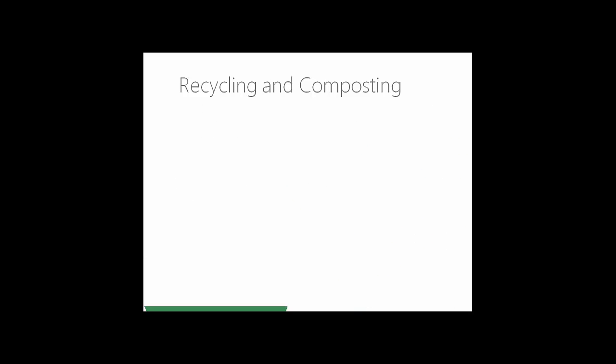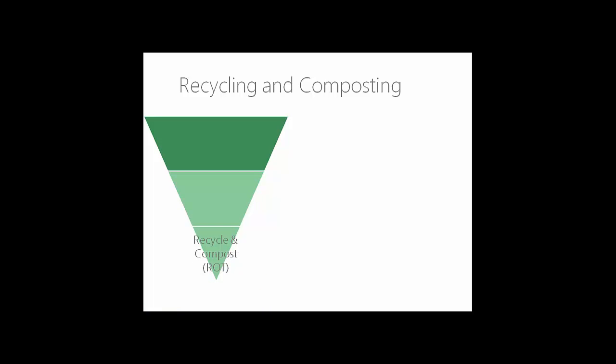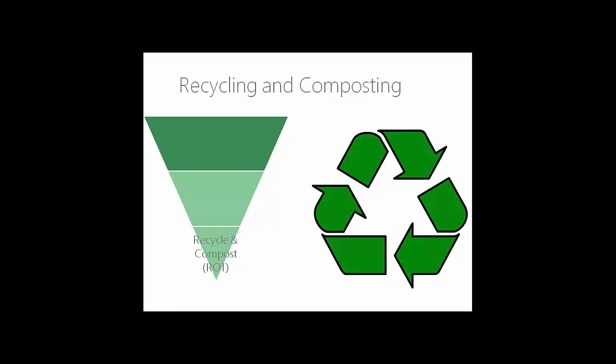And then recycling and composting, we consider them basically the same in the SRM system. Recycling is usually with products, whereas composting is with organics, but they do the same thing. They turn that material into something else. And it's very important. It's that thing that the public grasps onto. They feel like they can make a tangible change when they recycle something and put it in a recycle bin. So it's very popular with the public, with that buy-in from the local community.